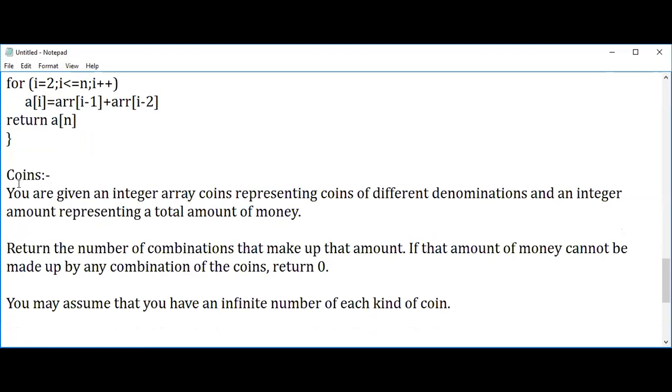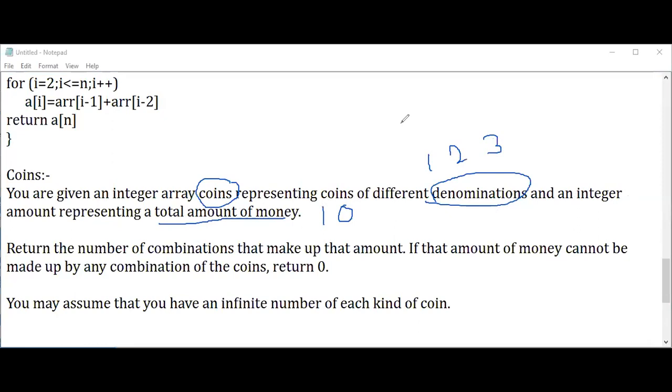Okay. So here, what is your question? You're given an integer array coins representing coins of different denominations and an integer amount representing the total amount of money. So we will be given an integer array of coins which represents different denominations. Denomination in the sense, it might be a 1 rupee coin or a 2 rupee coin, some rupees of coin, different denominations, and an integer representing the total amount. So I should form this amount with these denominations. Like I want 10 rupees from these denominations. Is that possible to form it?